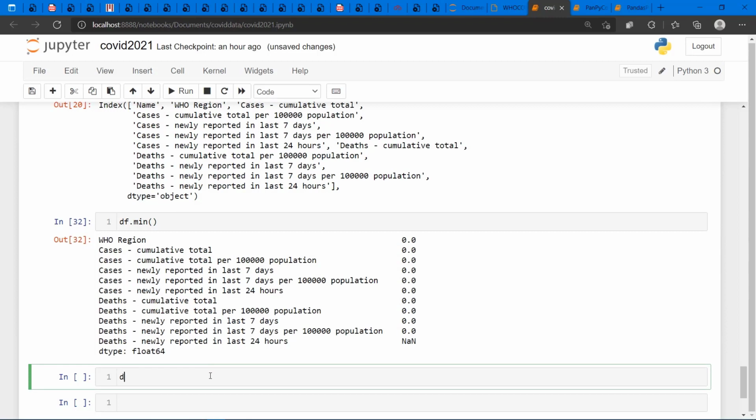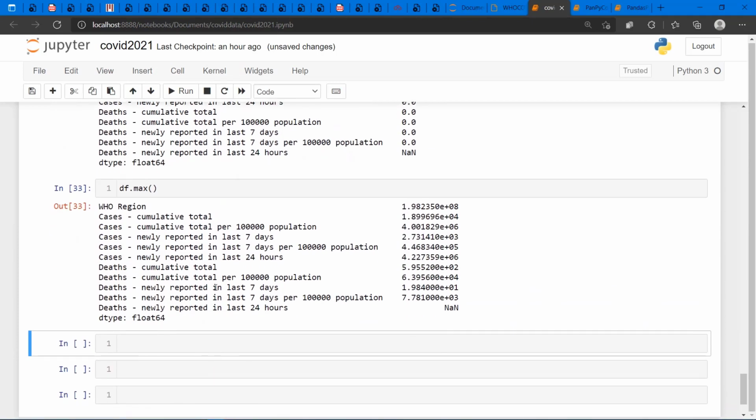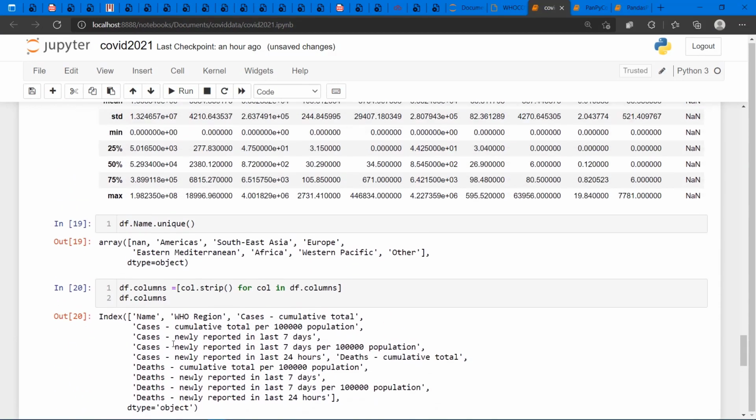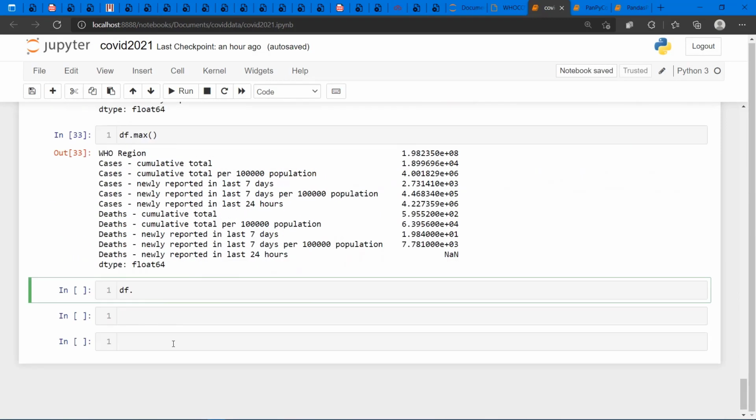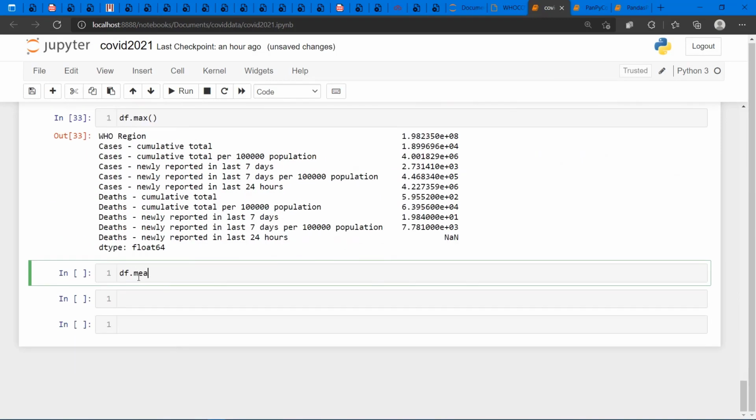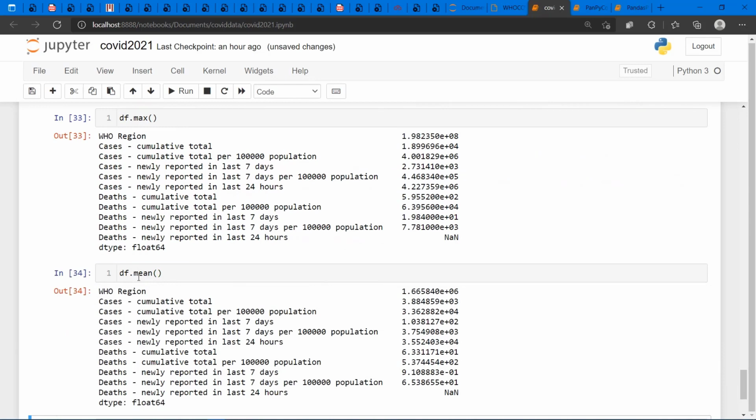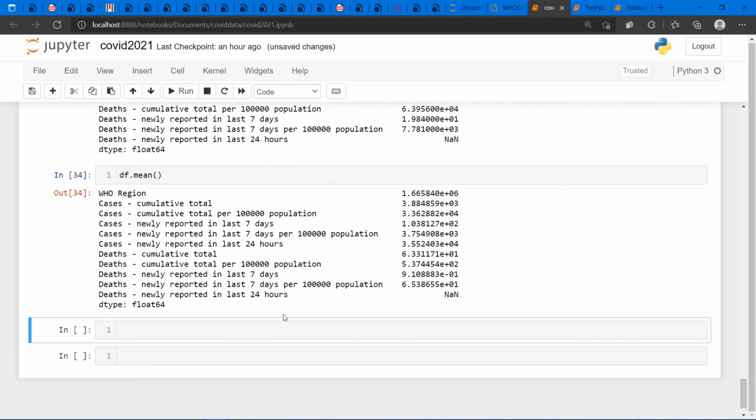Okay. Then let's try df dot max. Let's see. This is the max value for each column. Okay. Now let's do df dot, let's see, should we do std, standard deviation. Let's do the mean. Okay, so the mean for each column, df dot